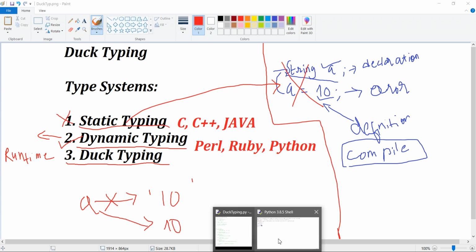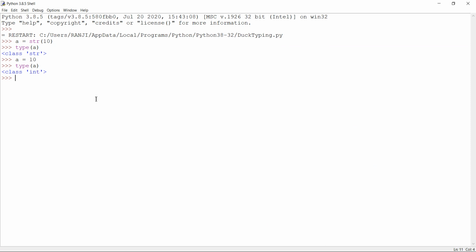Let me give you one more example of this. I'll define a function. This is an adder function and it takes two variables, n and m, and returns n plus m.